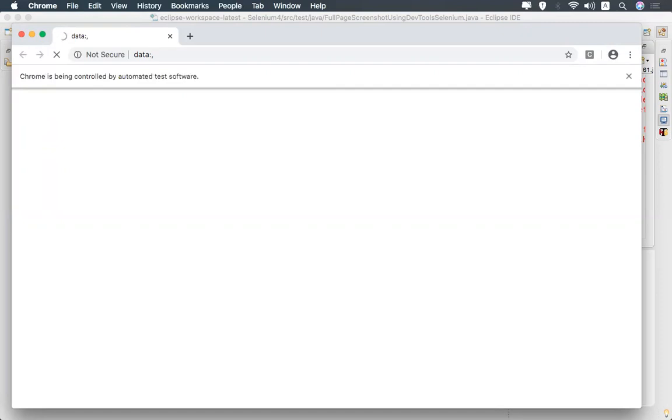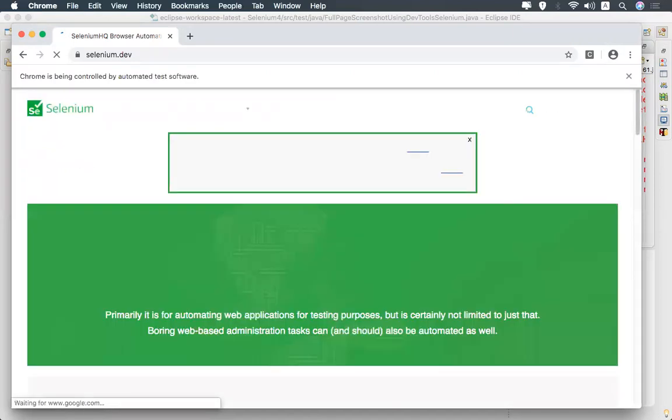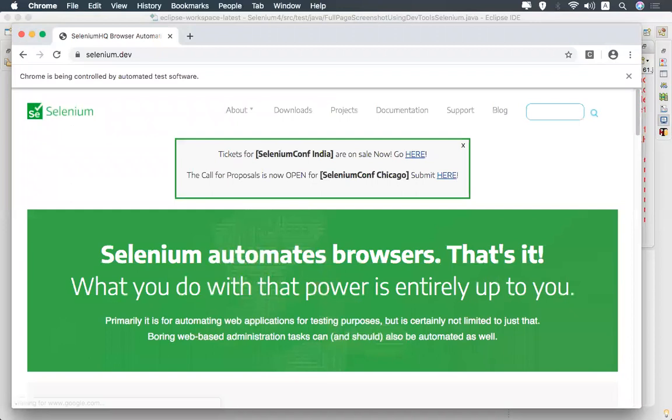Normally it will take only the visible area, right? But with the full page, it will take the entire page of that particular URL. Now it loaded. I think it failed, or